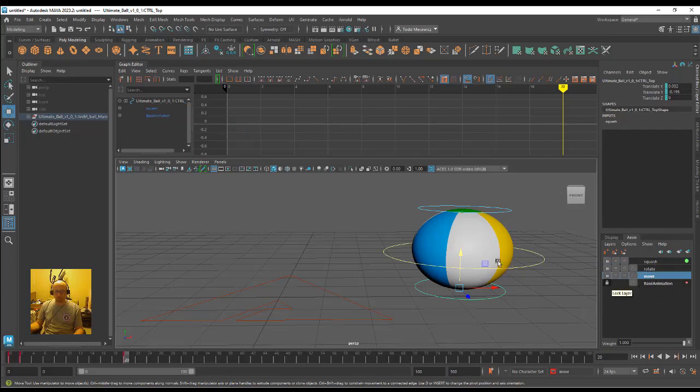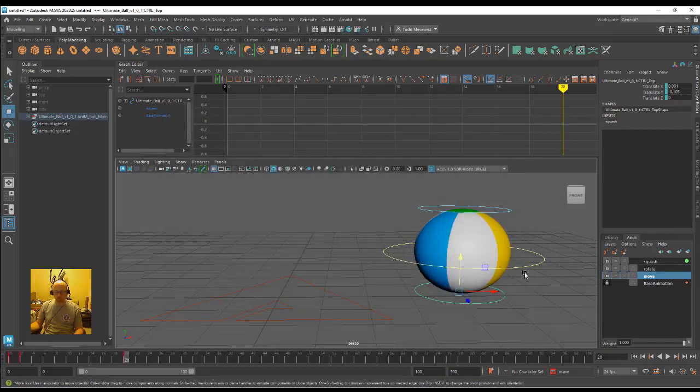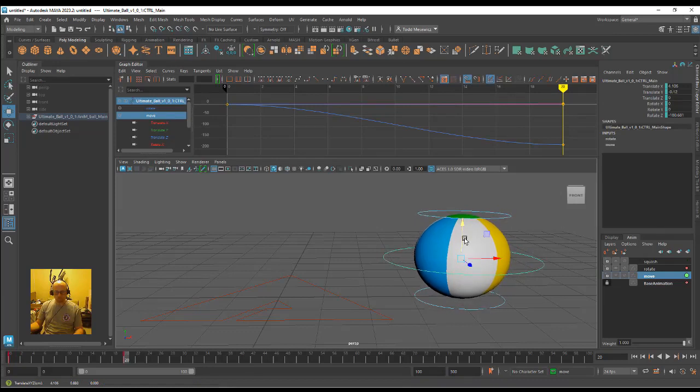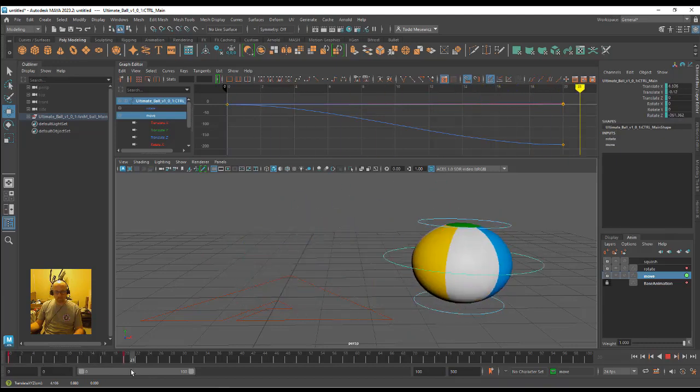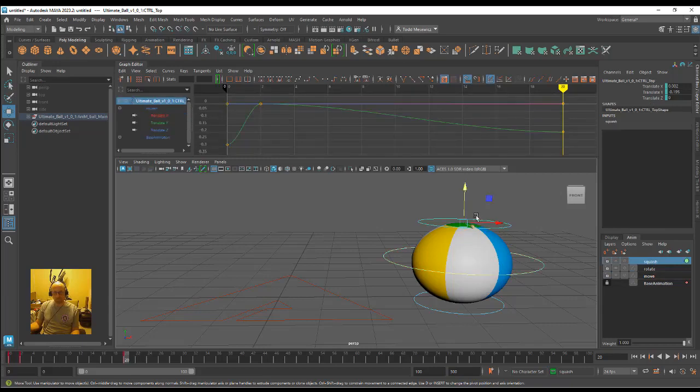Go to our move. I went to my move layer, I hit S to set a key at 20 because I relocated the object down, and then I'm going to go to squash again, click on this layer up here, and then